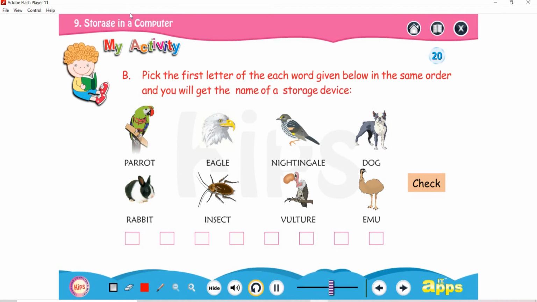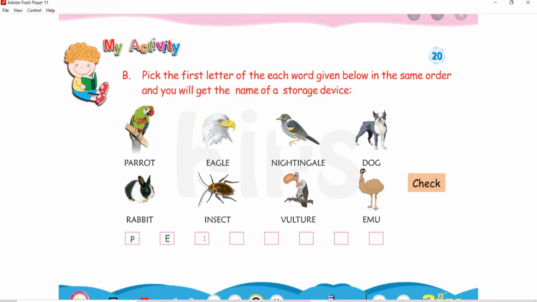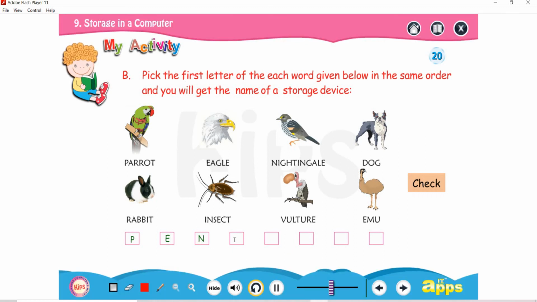We have to pick one letter from each word, from the birds, animals and insects. The first letter of parrot, then eagle, nightingale, dog, rabbit, insect, vulture and emu.